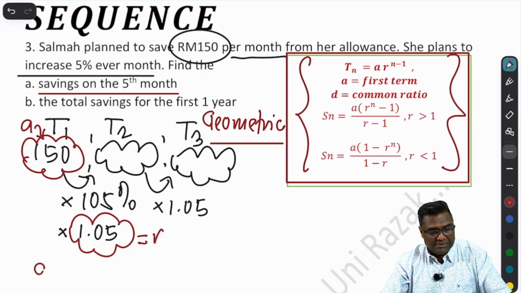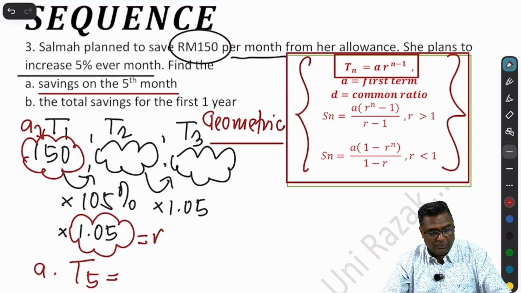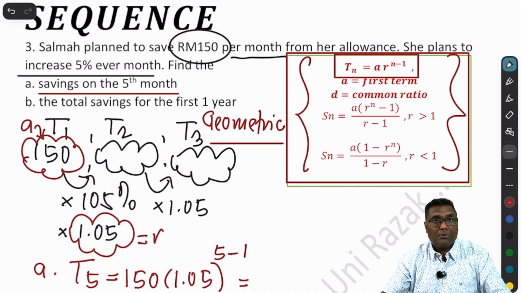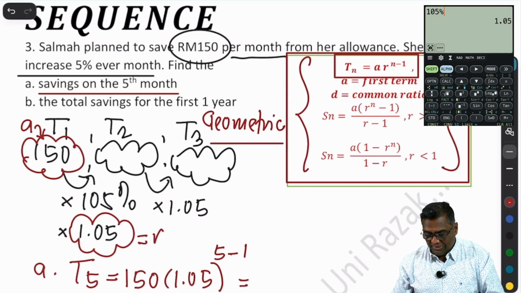So if I'm looking for the saving on the fifth month, I go to the formula and substitute accordingly. A, R, 1.05, 5 minus 1. So who's the hero? The calculator is the hero. So let's bring the hero into the picture. 150, 1.05 to the power of 5 minus 1. I have my answer,